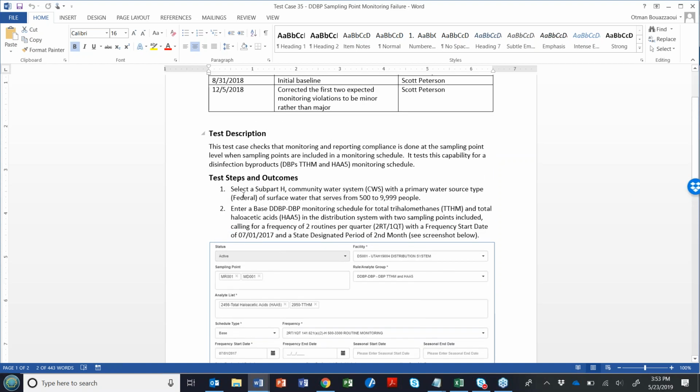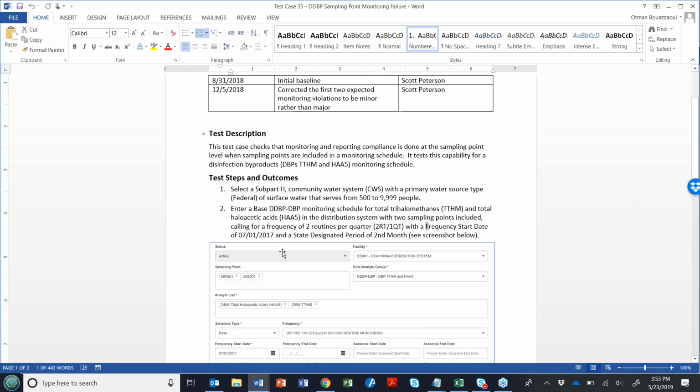So you're going to need a subpart H community water system for this test case that serves between 500 and 1,999 people. And you're going to enter a DDBP monitoring schedule asking for TTHM and HA5 samples to be collected 2 every quarter, so 2 routine samples every quarter.